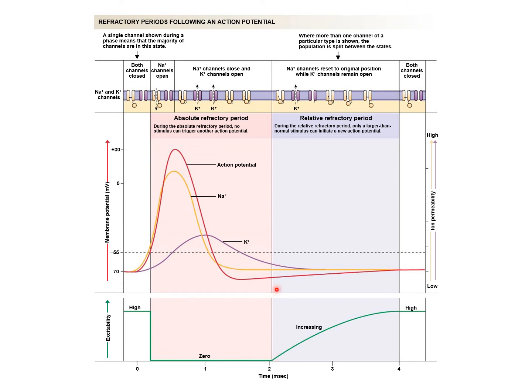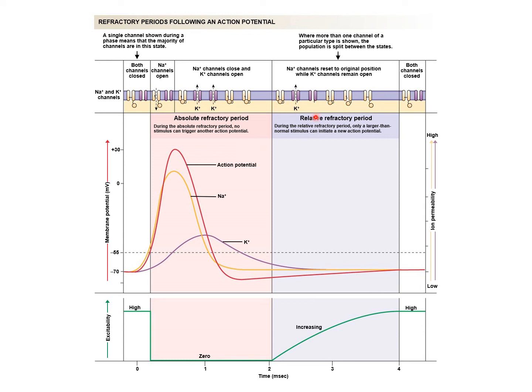But right here at about 2 milliseconds, and this is during the undershoot phase, we begin to increase the possibility of firing off another action potential. But it starts off really low. It would take a really strong signal to fire off. But as we get further and closer to 4 milliseconds, we approach resting membrane potential again, and then we're back to high. That's because during this relative refractory period,